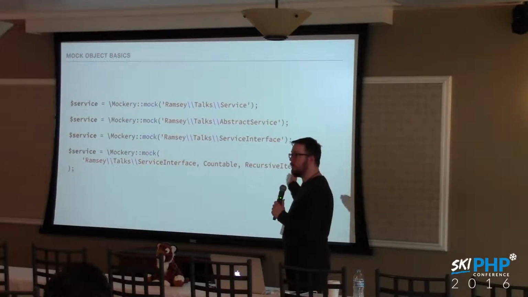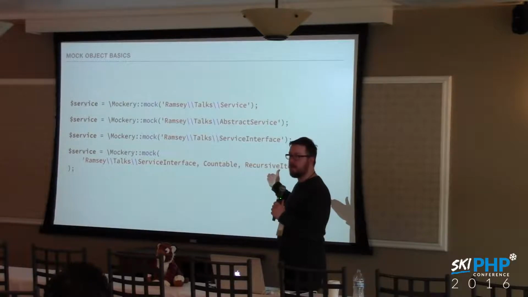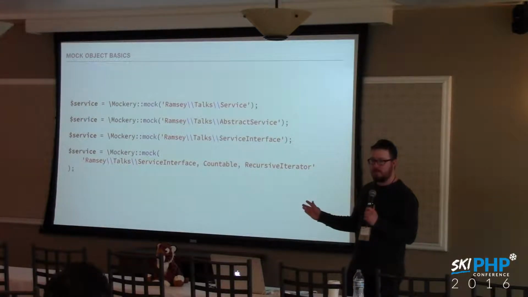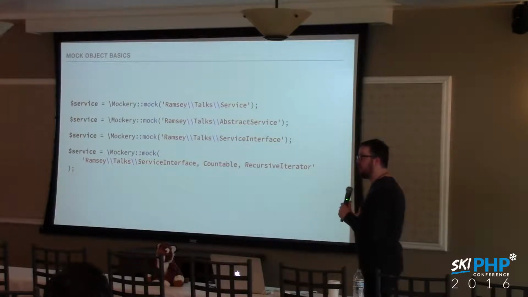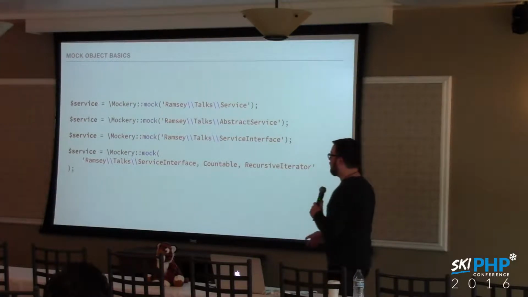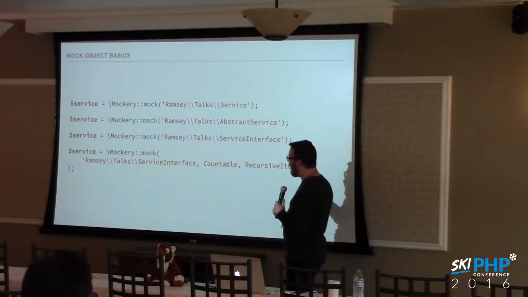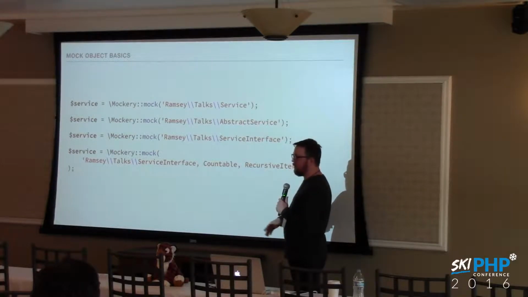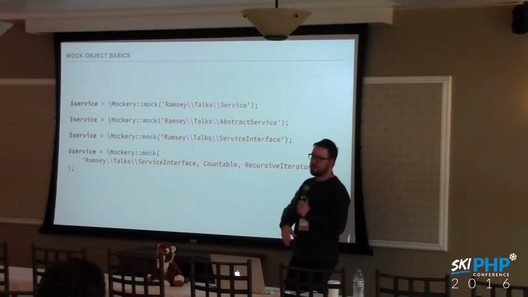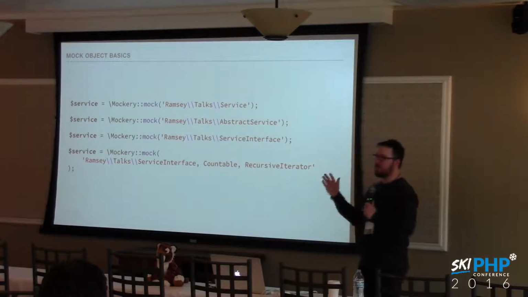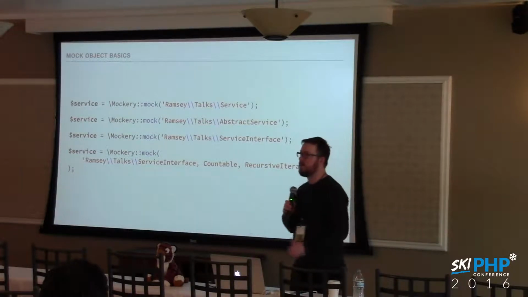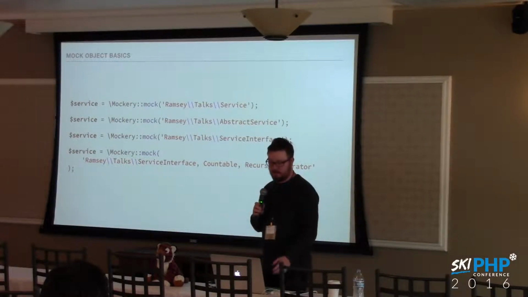Well, here we can type hint the mock object as an interface. We don't have to mock all the other methods that are on that interface, and we can pass it in and use it as our mock object. This is important too because now it will implement all of these interfaces. So if you've got a mock object that needs to go into multiple places, but all of them are type hinted for different interfaces, you can give it a comma-separated list of all the interfaces you want it to adhere to.